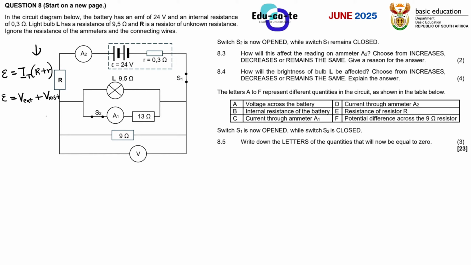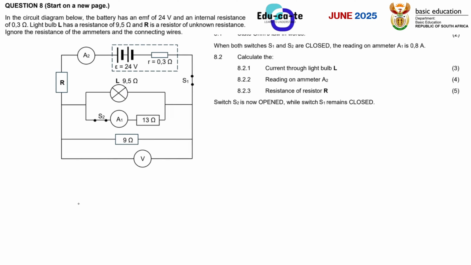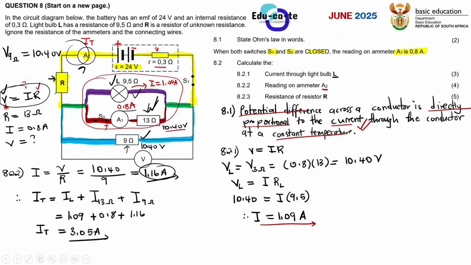Both methods can work for you to be able to find the voltage through the resistor R, because you know the current. How do you know the current? Guys, we already said resistor R is receiving the total current. This yellow current, I'm even using colors, so we know the total current is 3.05 amperes. So we already know the current through resistor R, but we do not know the voltage through resistor R. So if we find the voltage, we can find the resistance, because the formula only needs two things. V is equal to I times R.